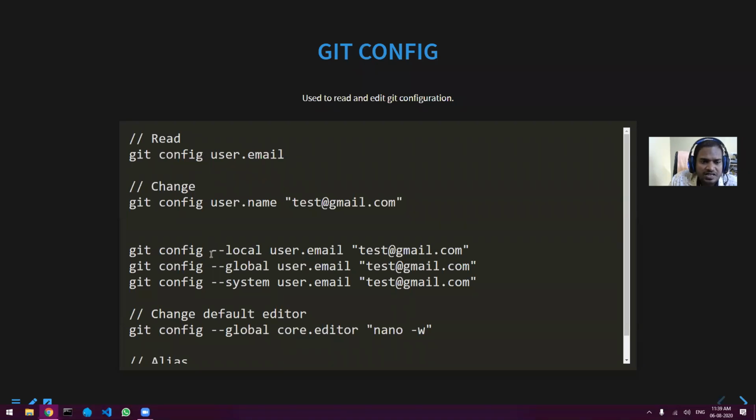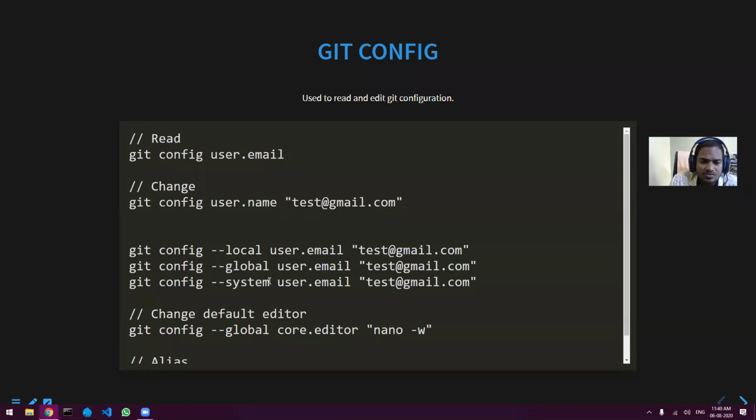There are three versions of this command. Whatever config is there, you can run it for three different scopes: local, global, and system. Local means only for the repository that you're working on. Global means for the current logged in user of your Windows or Mac or whatever, for that particular user. System means whoever users are there in your system.